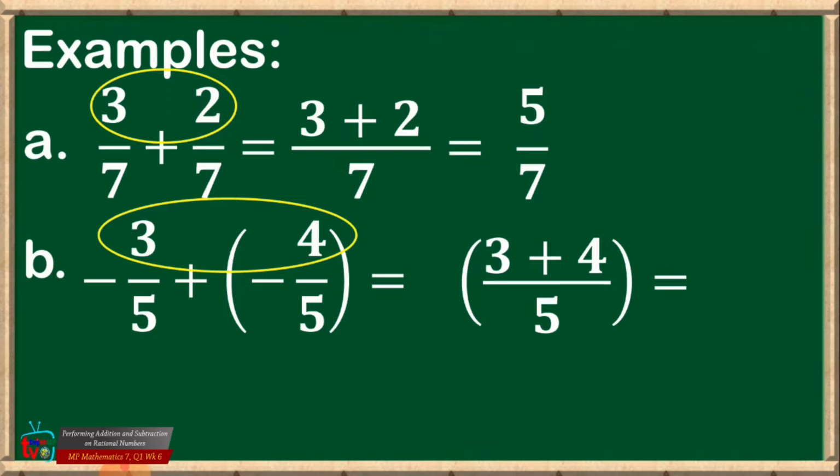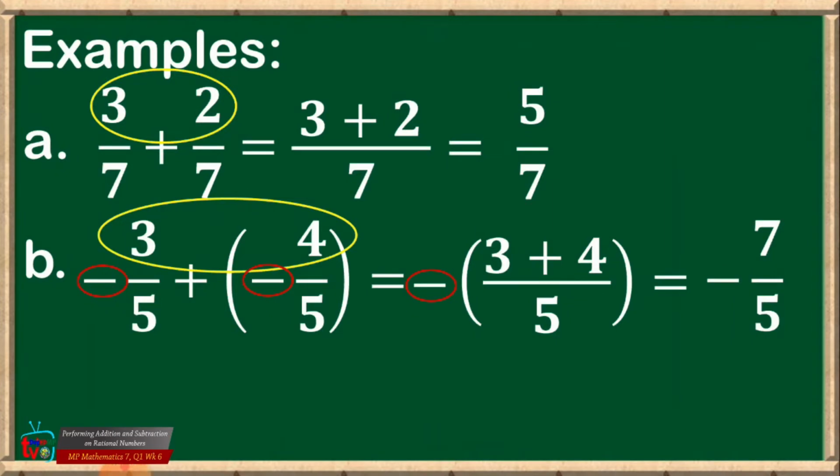So, we are going to carry the common sign, which is negative. Then, add 3 and 4. So that is 7. And then, copy negative and 5. Okay, negative 7 over